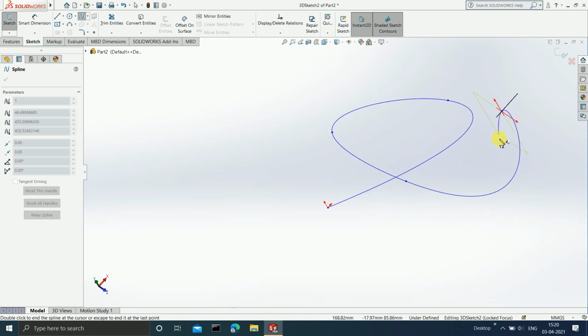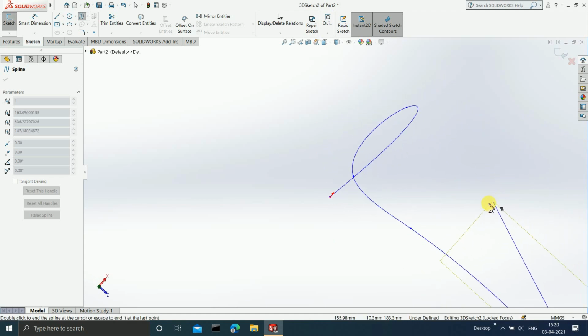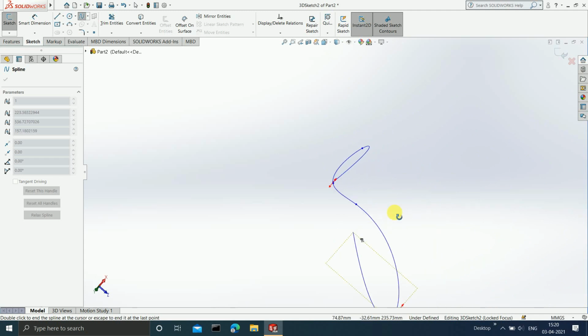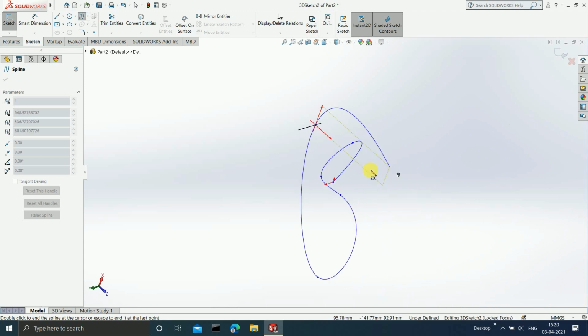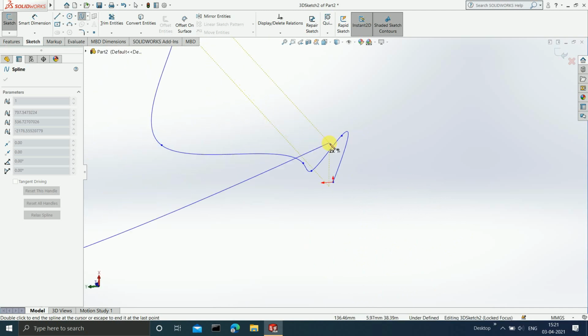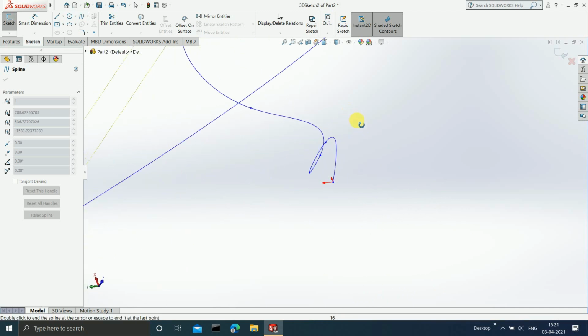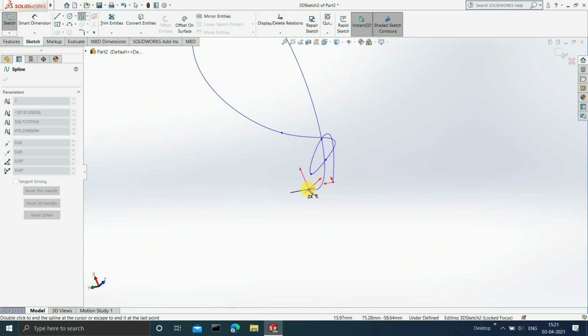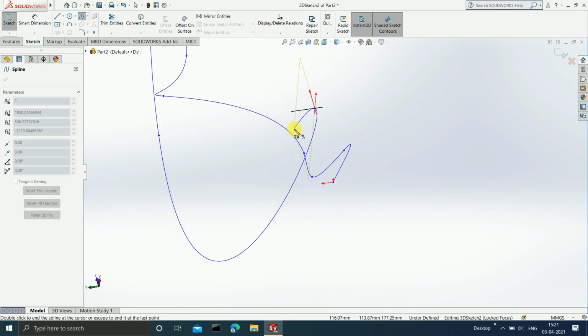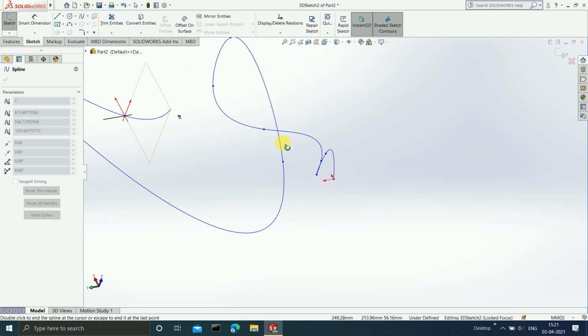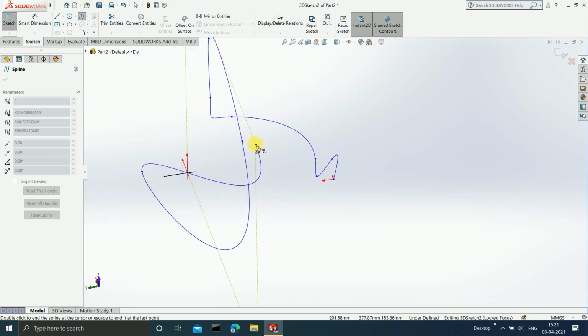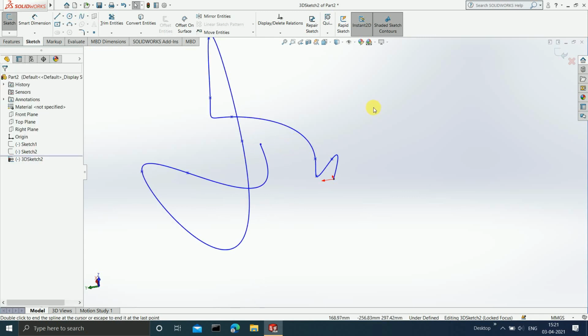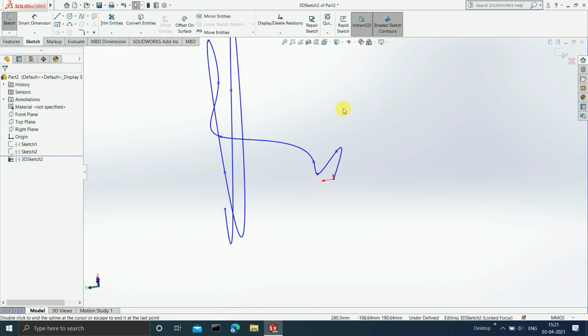See, you can observe how I am drawing the 3D curve. You can get a curve in any particular dimension. See, now I am going to change the dimensions. Can you observe the changes? And this is how you can draw a curve. But the problem with this curve is that it won't be as accurate as you require. So a better option is to choose the project curve, which I have already shown in my previous videos. You can watch the video on my channel, and the link is given in the description box below.